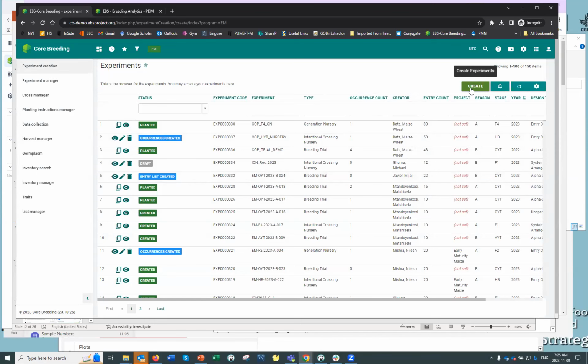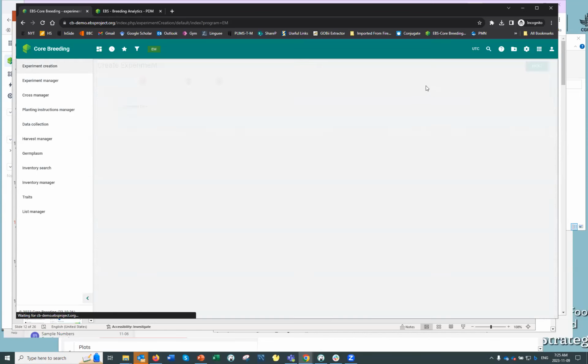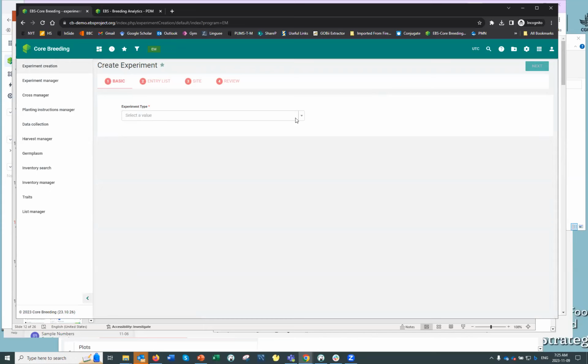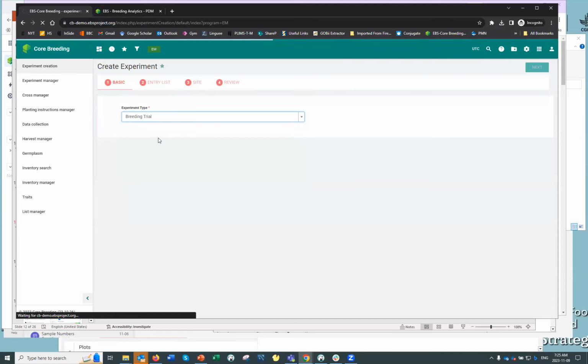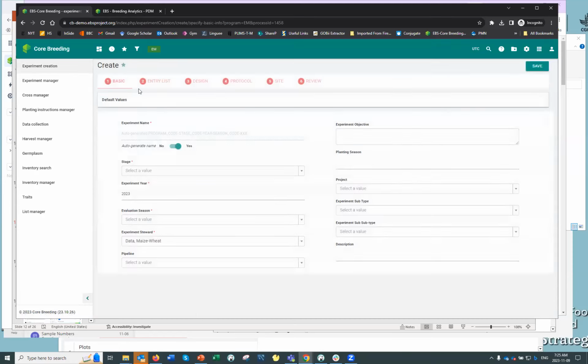One of the features of experiment creation is that when you start to create an experiment, you have to select the type of experiment that you would like to create, which enables the software to set up a workflow that guides the user to provide all of the necessary information for that type of experiment. So for example, if someone were going to set up a breeding trial within the system, we can see the different activities listed across the top here.